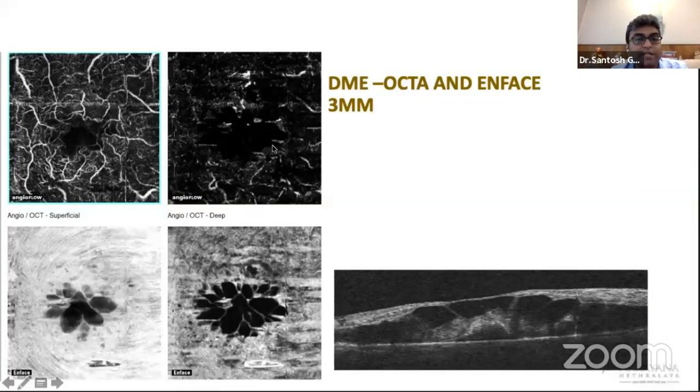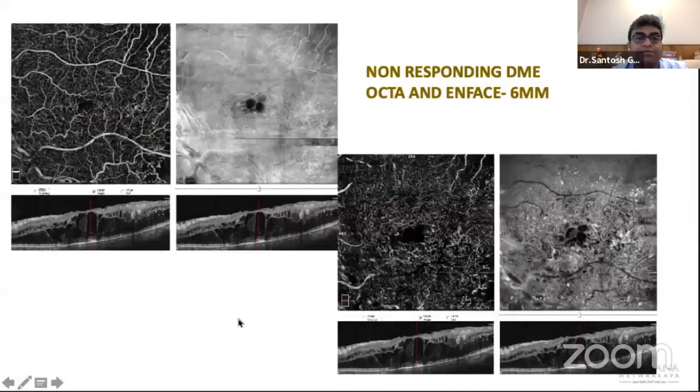And a severely deranged and disturbed macula, if you look here, has lots of cystoid spaces and hyperreflective material, and even quite a loss of parallelism. So when we look at an OCTA, it's quite a picture wherein we just feel that there is a loss of structure there. But once you look at a B scan and en face, we get to know what we are really looking into. This is a case of a non-responding DME.